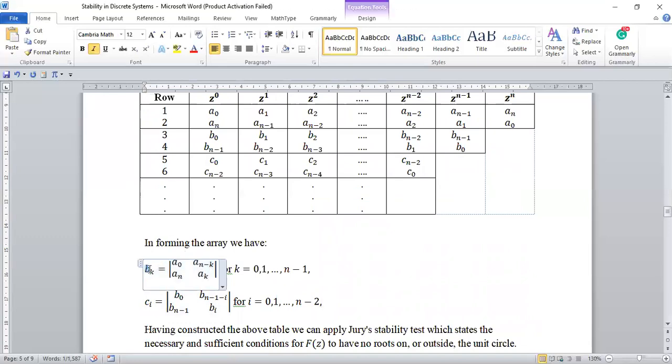So we have bk here, where k is from 0 to n minus 1, and then you have i here, where i is from 0 to n minus 2. If you want to calculate b0, for instance, here is a0, then here is an, because we want to calculate b0, it is n minus 0, and here will be a0. If you wanted to calculate b1,